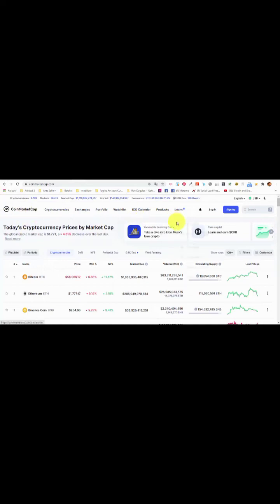And on coinmarketcap.com you have here ICO Calendar in the menu. If you click on the ICO Calendar, you can see which are the ongoing projects. So for the companies that you may want to invest in, it shows you the projects in which you can invest. And then you have upcoming projects,